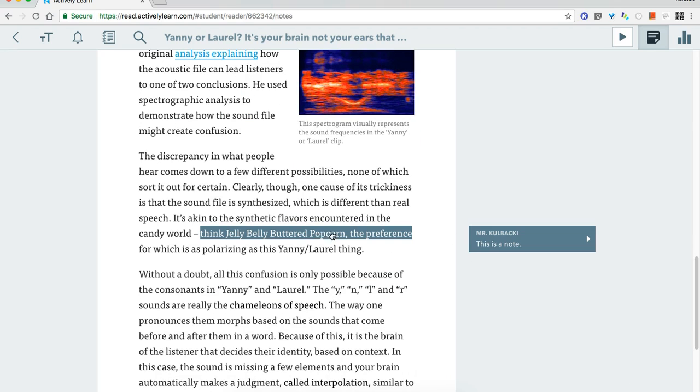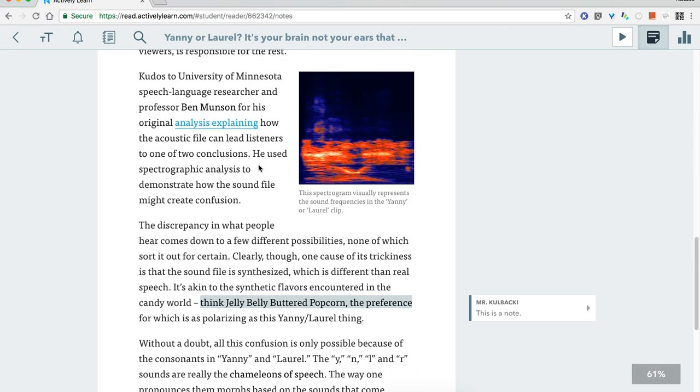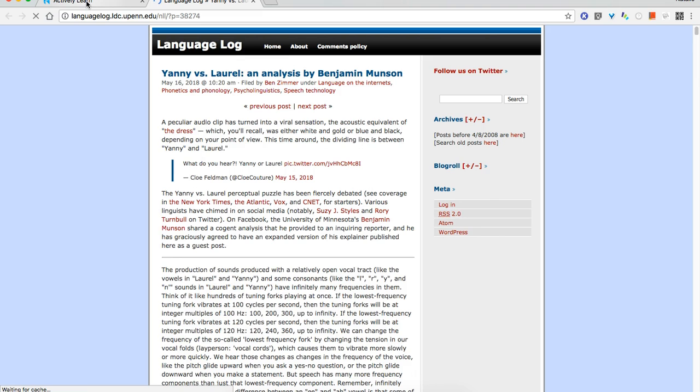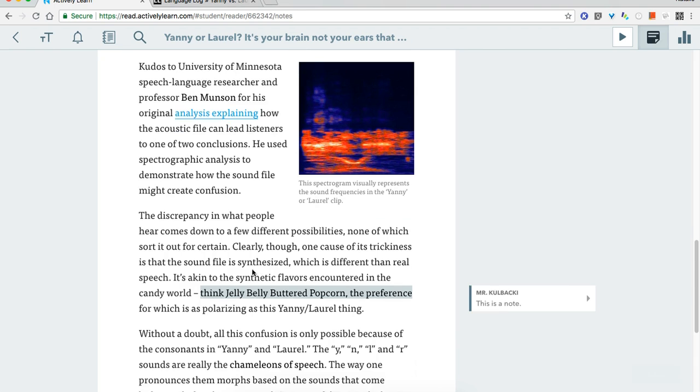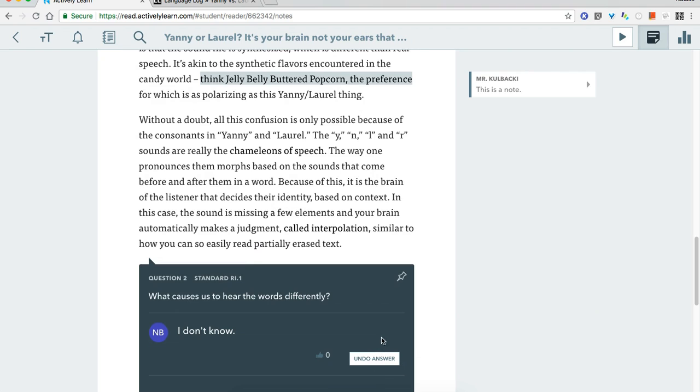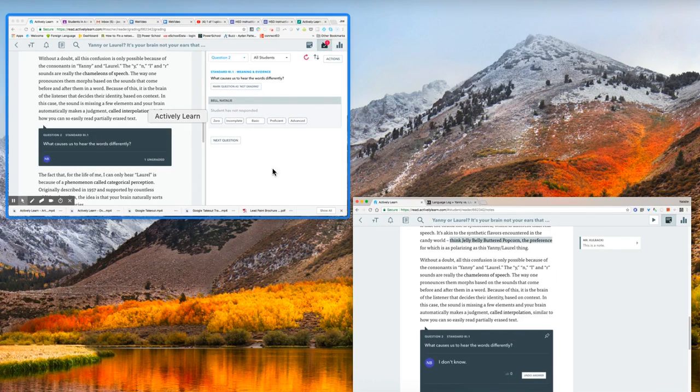Student sees the note that I put in there. You can also see that there is a link here. Student can click on go to link. It will open a new page and it will take them to whatever link I provided. If I scroll down, student can't go any further. I don't know. They can submit. If I go back as the teacher,